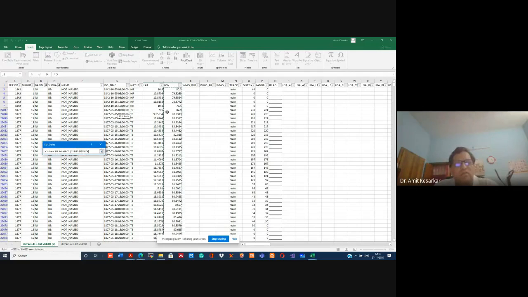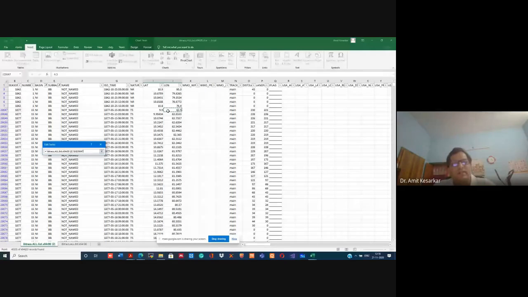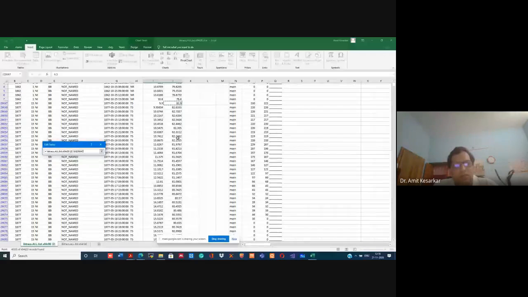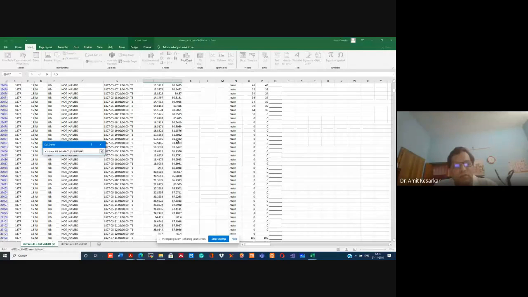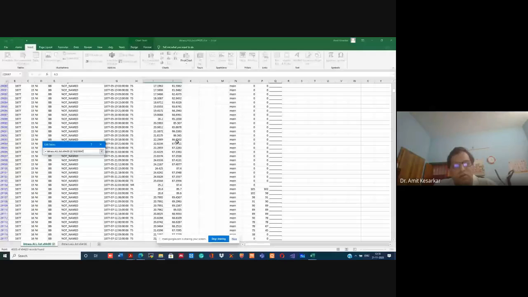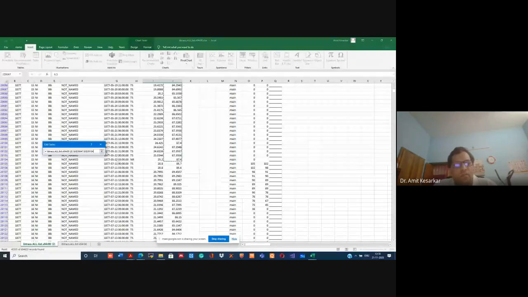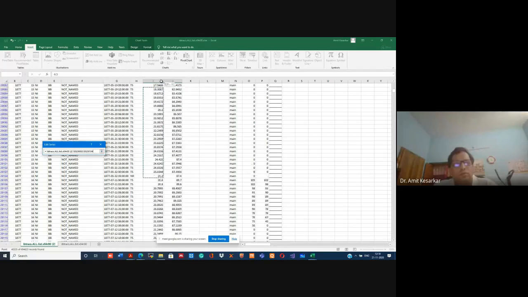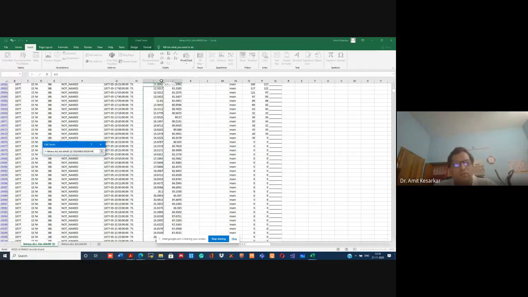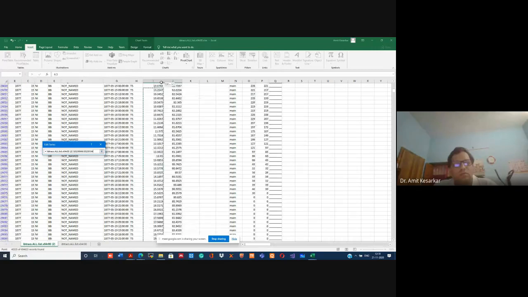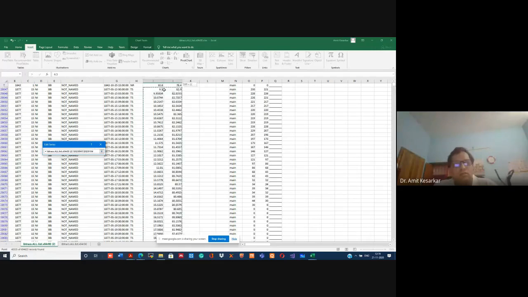Okay, we will consider from here 1877 instead of 42, because it has more track points. To here. And so we have